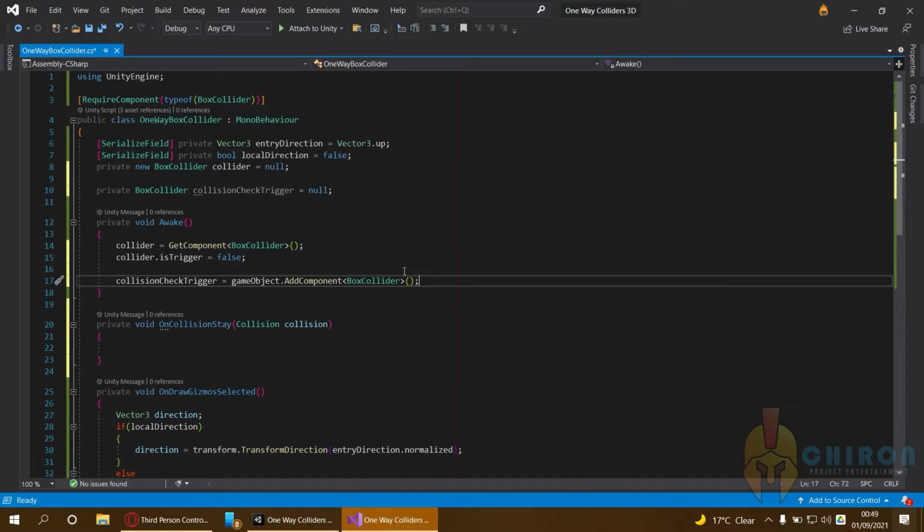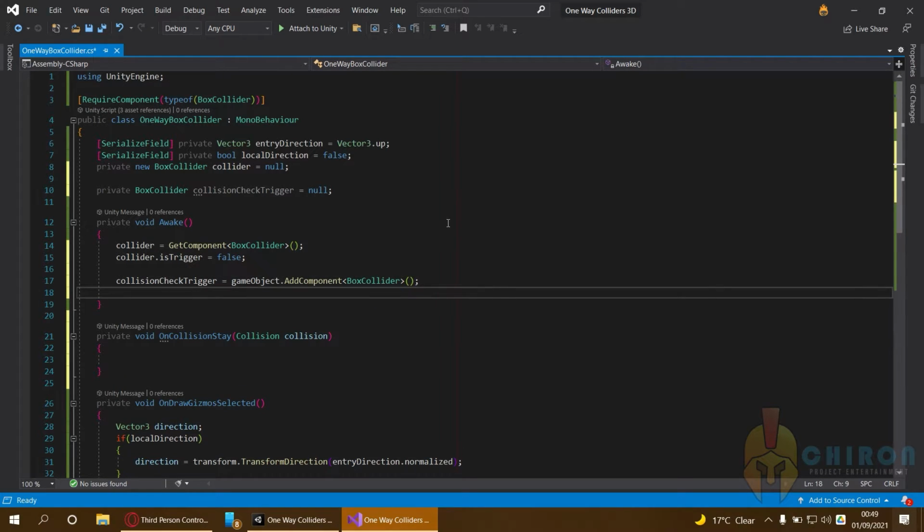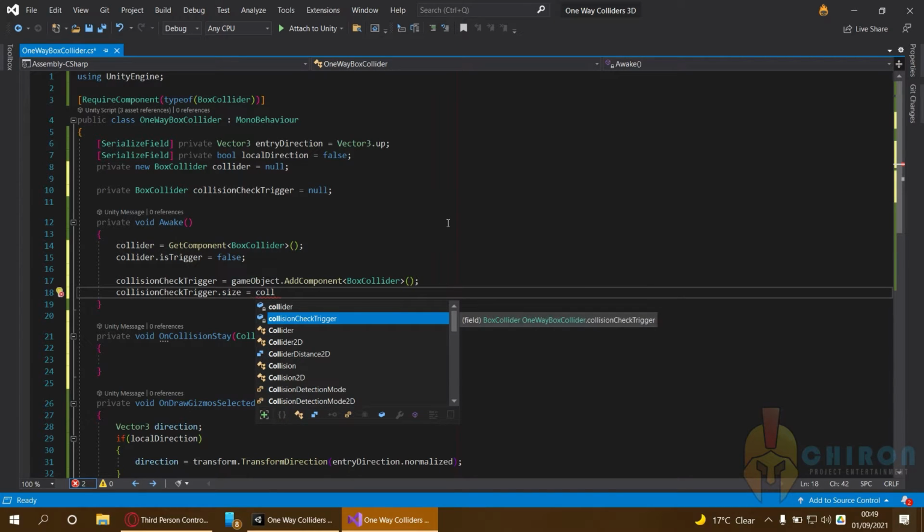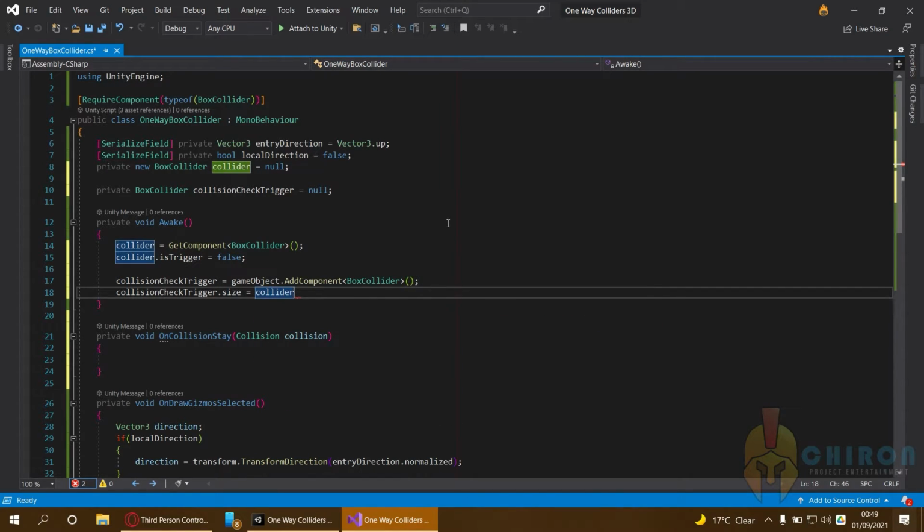What this does is add a new box collider component to the object, and we now have a reference to it. But it is uninitialized and it may not function the way we want it, so we have to initialize it ourselves. collisionCheckTrigger.size equals collider size. So we want it to be the exact shape of the original collider, but with its measurements a little increased. So collider.size